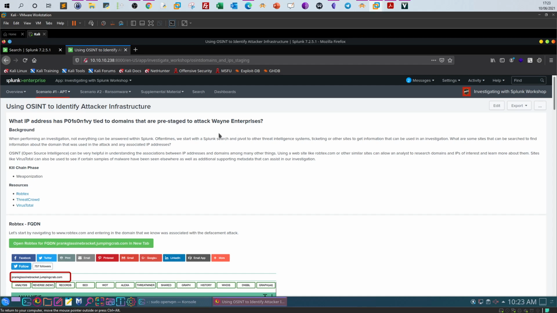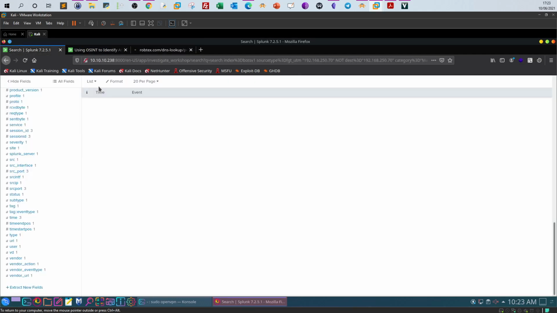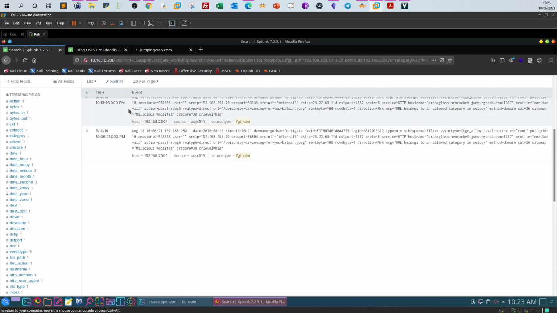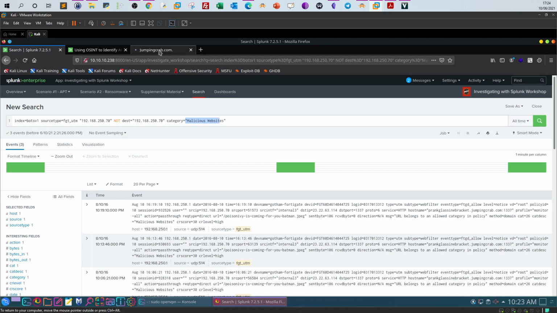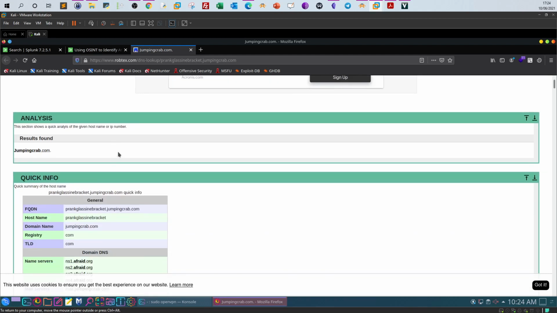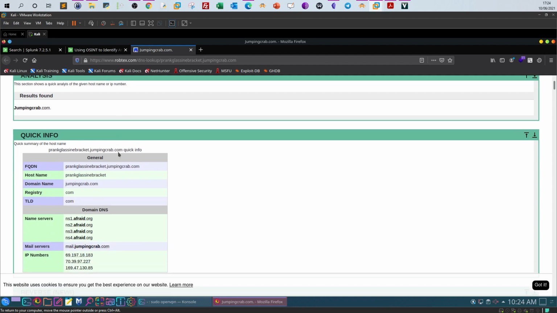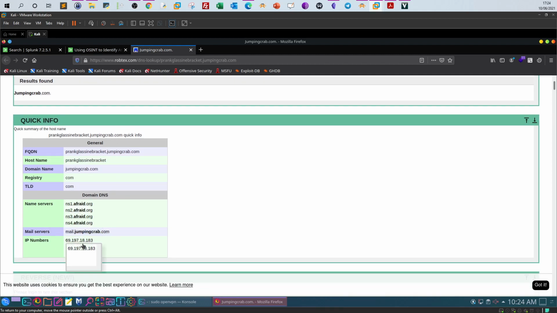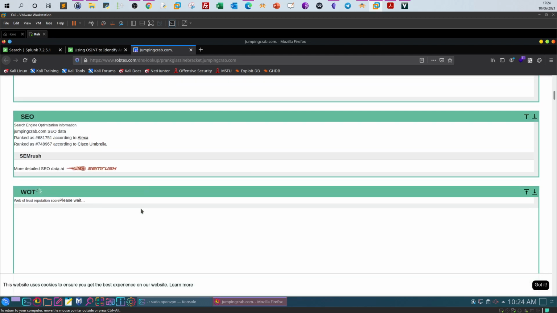From this step on, all of the other steps are kind of easy, okay? In the scenario they used write-ups to find out the fully qualified domain name or the IP address of this domain. Here, as you can see, you only put the domain name, and you will find open source intelligence details about this domain. You see here these are the IP addresses, or IP numbers, for this domain, and if you scroll down,